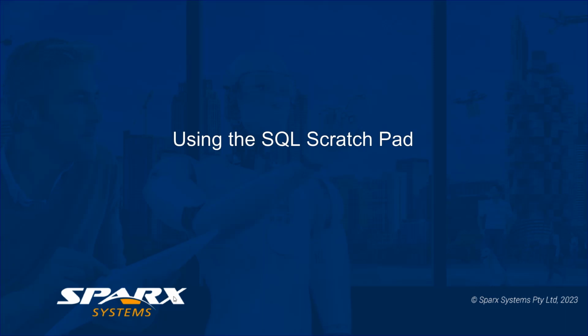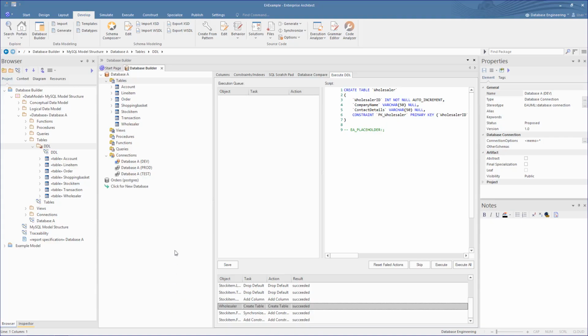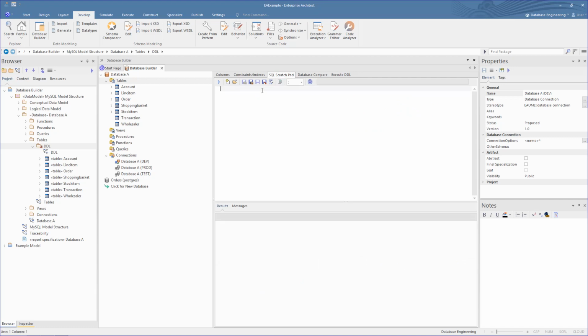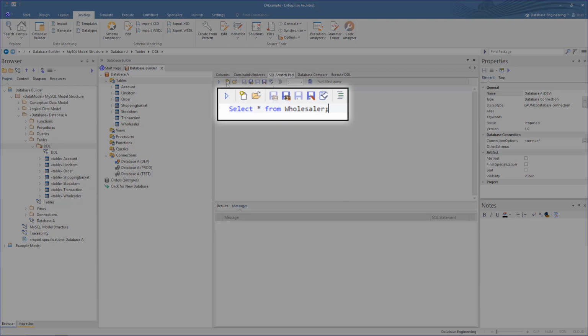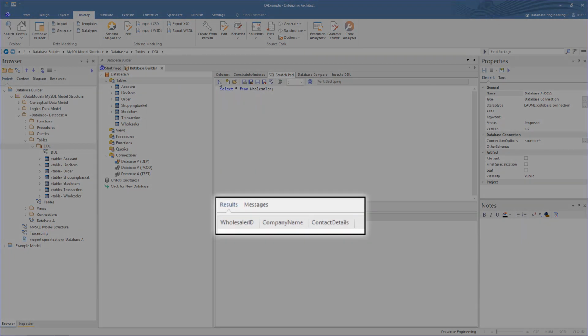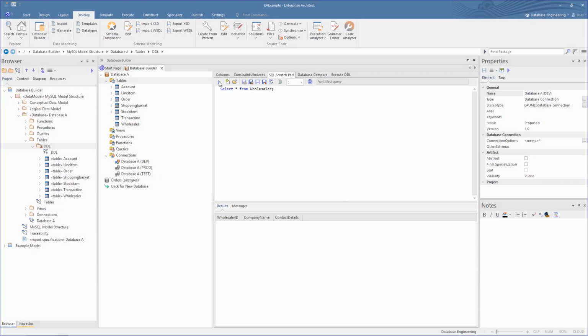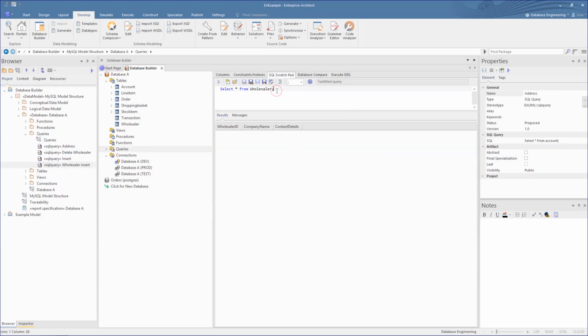Now to check that the tables were added to the database, we can run a simple SQL statement to query the new table. We just type in a select query to return all the fields in that table. Of course, as yet, there are no rows of data to be entered. So, what it shows is just the column headings, but that does confirm that the table exists. Now we can save this query in the model for later use using the Save As button.